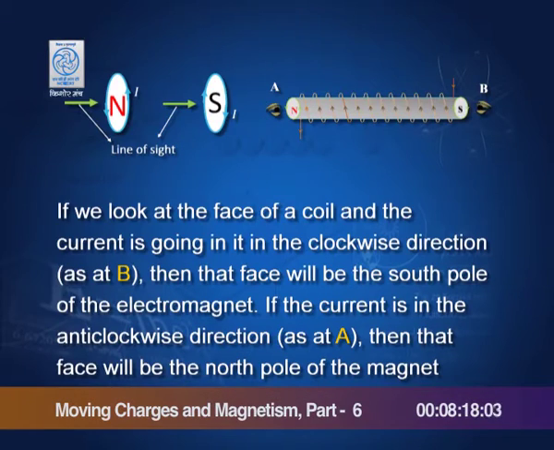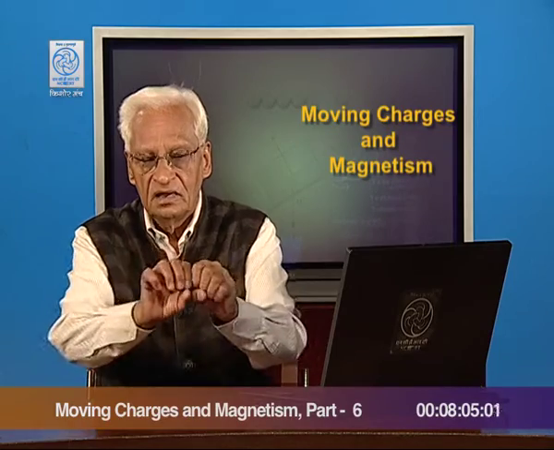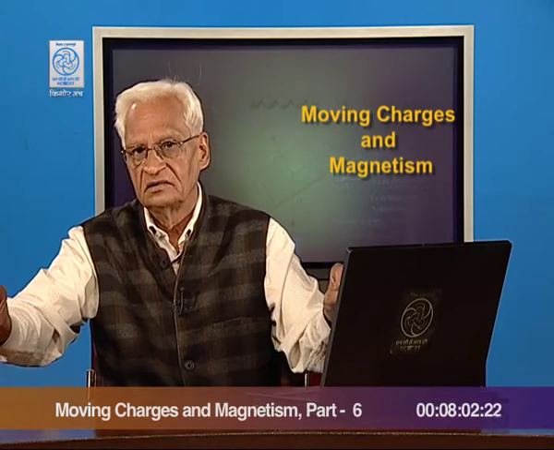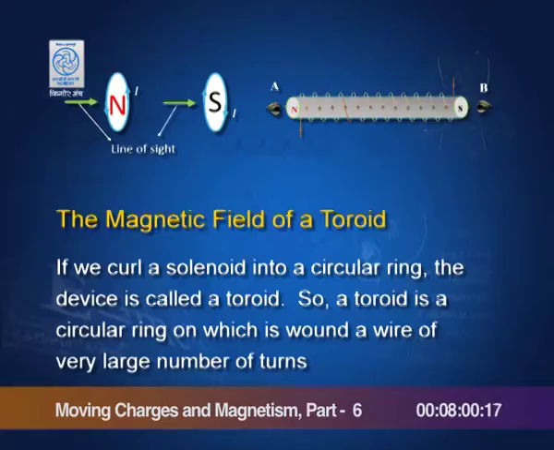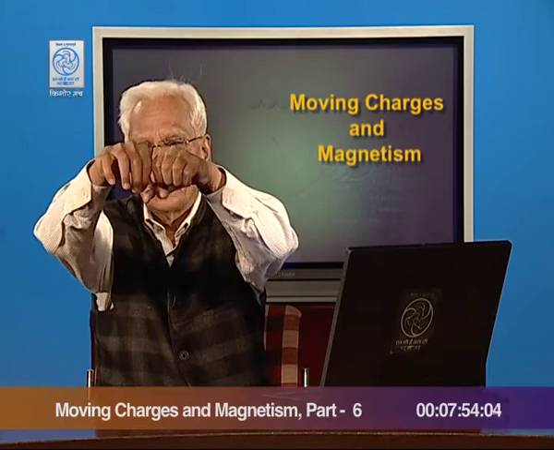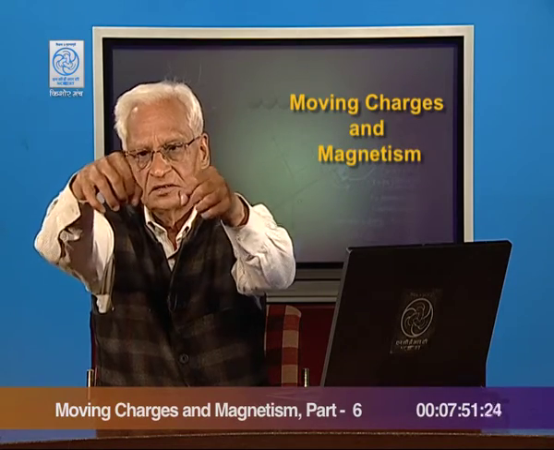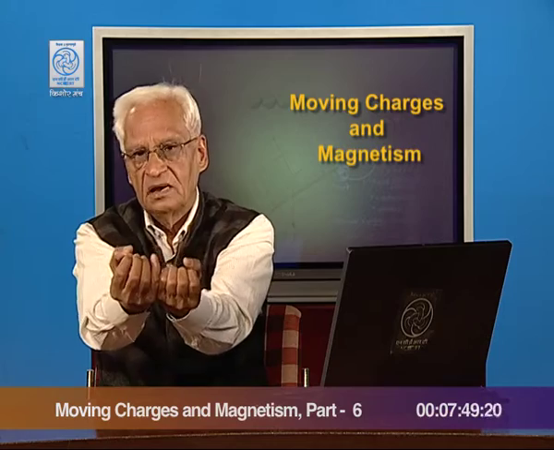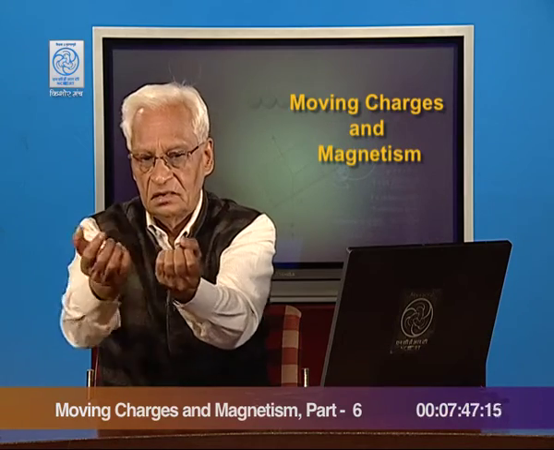I want to repeat this. The important fact is that by the use of a suitable solenoid, we can get the magnetic field that we desire, and the magnetic field is concentrated near the axis of the solenoid, especially if there is a core of iron or material like iron. If you bend this solenoid, then it becomes a toroid. You see this solenoid here, then I connect the two ends like this, make a circular ring,